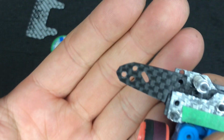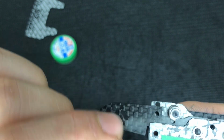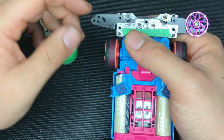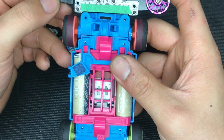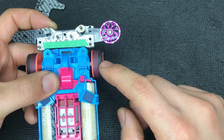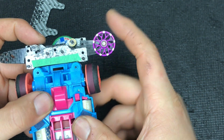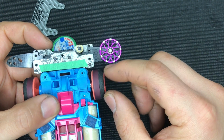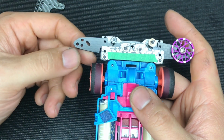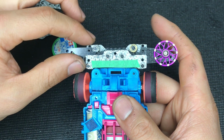But this time what I also did is, you can see on this side there are 2-3 holes. There are 2, basically the same distance, but they are both for the 19mm. For the 19mm, the top one is for when you're using the medium-sized wheels. When you put it on the top, it won't touch your tires, because the roller and the tire have enough distance and can also do enough movement. And then the bottom one is for when you're using the large size tire, so you can move the plates